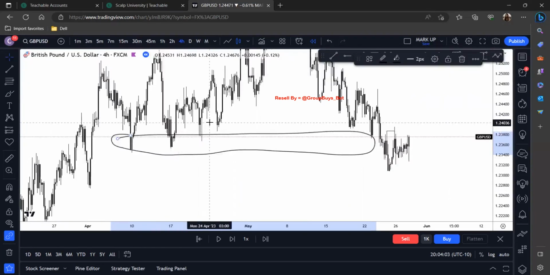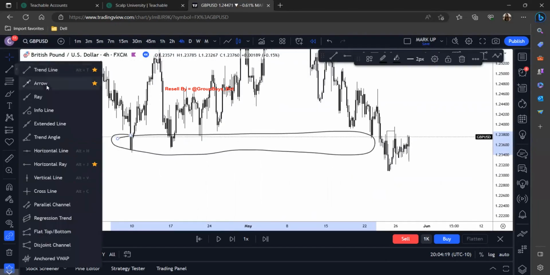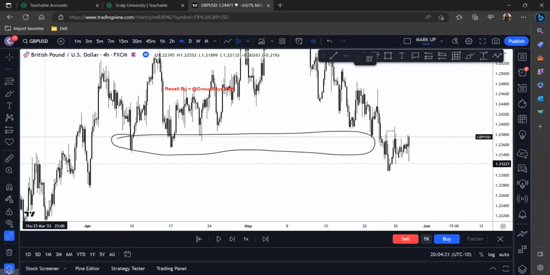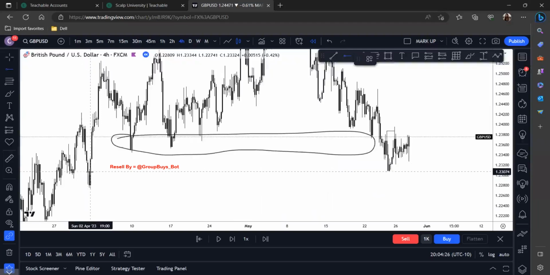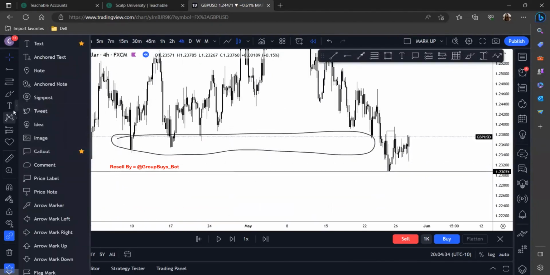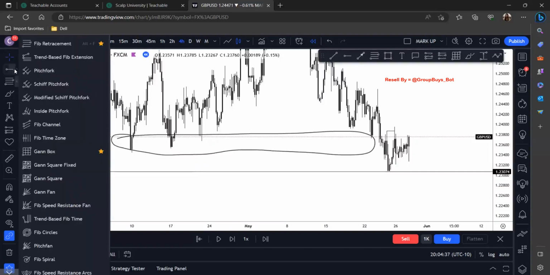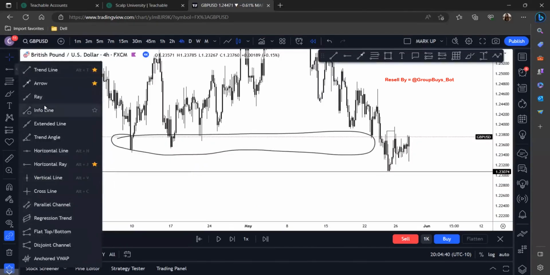So my supply demand traders, my order block traders, whatever you use, I'm going to use this as a POI, like I said in the beginning. This area would be my POI, my area of interest. You can use this entire area or you can break it down and refine it to this right here. But this would be my entire area that I would be looking at for a possible potential reaction.